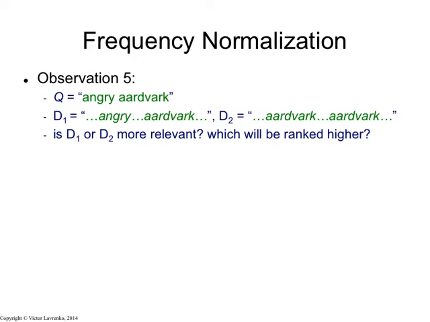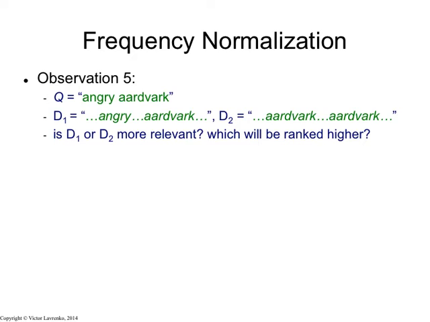The reason it works out to be that way is in the query we have two words. Both of those words have frequency 1. So term frequency is 1 in both cases. In document 1, you have a term frequency of 1 and a term frequency of 1. In document 2, you have term frequency of 0 for the word angry and term frequency of 2 for the word aardvark. So if we didn't use IDF, the dot product between the query and D1 would have the value of